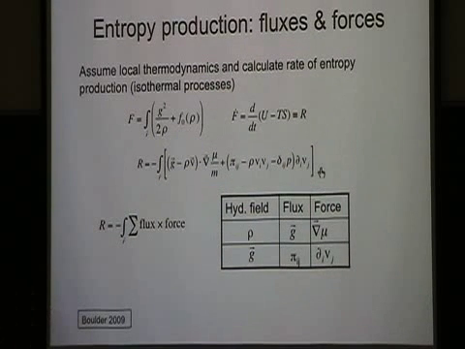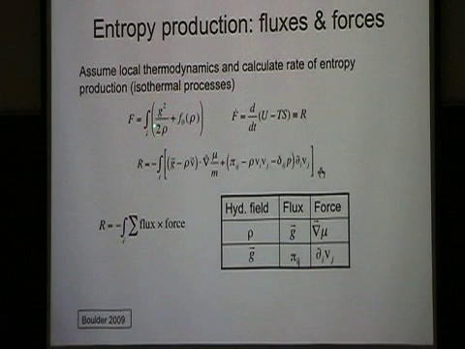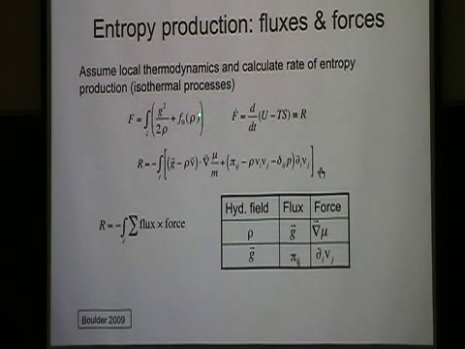One way to do this, again, Fermi equilibrium, is to assume local thermodynamics and calculate something called the rate of entropy production. So again, it's a simple fluid. And I am being a little bit sloppy here. You can find more precise formulations in many places, but the free energy essentially has some kinetic energy density and some density that depends only on the density field. That's really the only variable in the problem. But I'm not going to specify the form of this quantity.